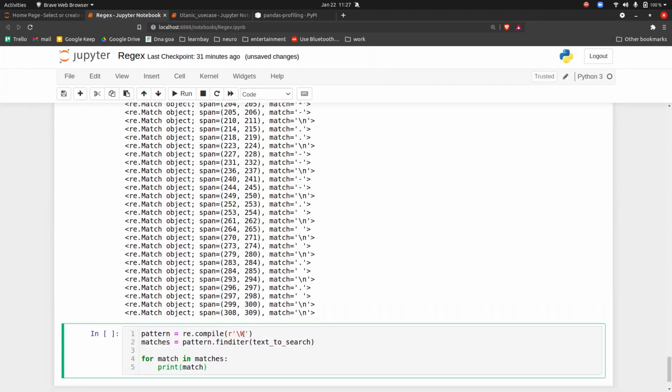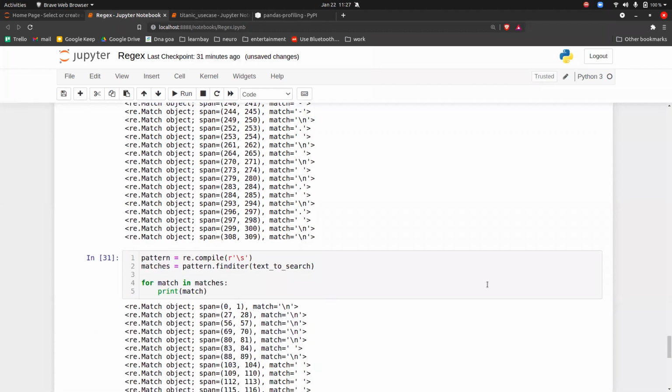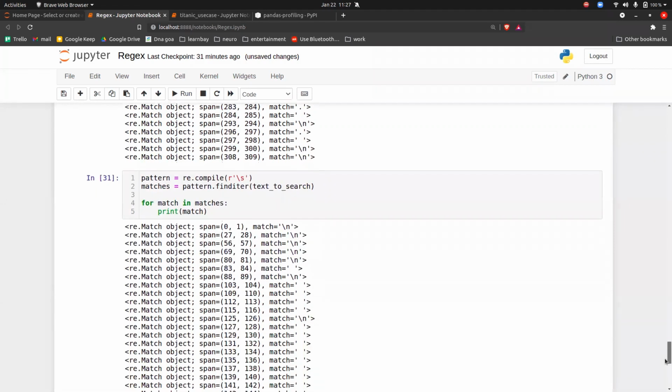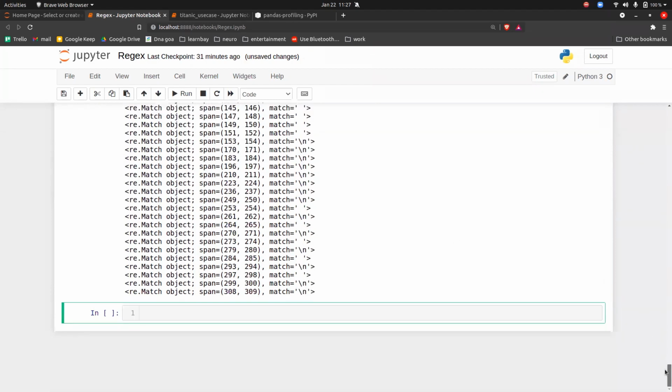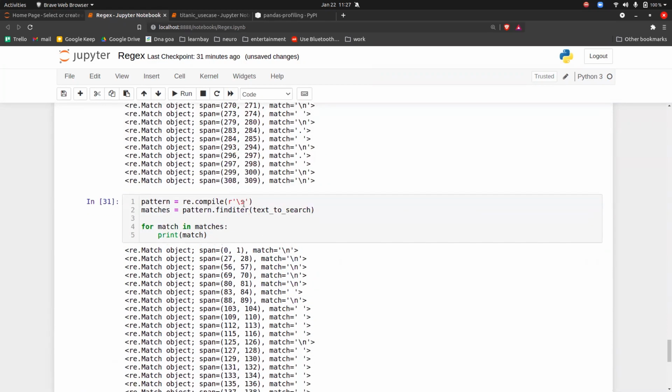Okay, so there's something called small s. What it will do is it will extract all the spaces for you. So if you do slash s, see all the spaces. Whatever space you can see, it will extract all the spaces for you guys. Okay, so that's what your slash s is.